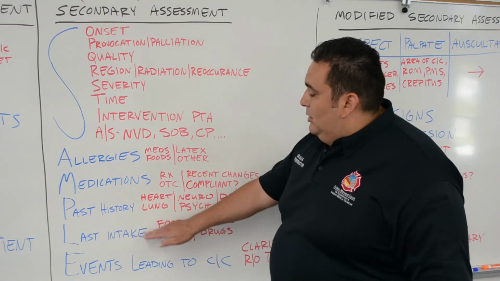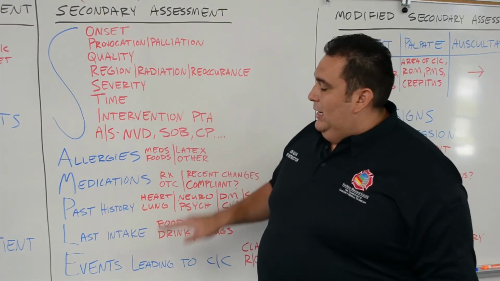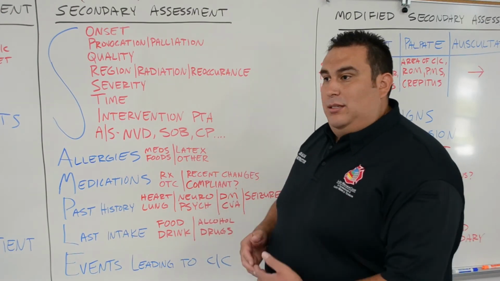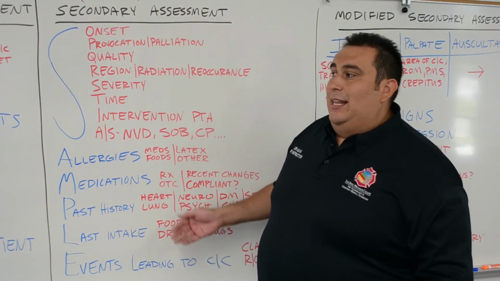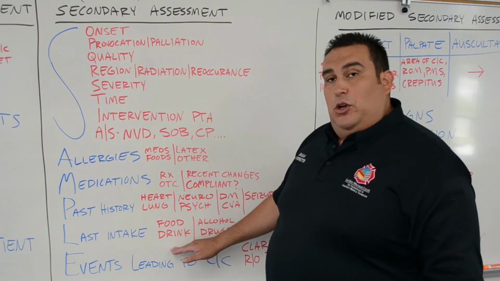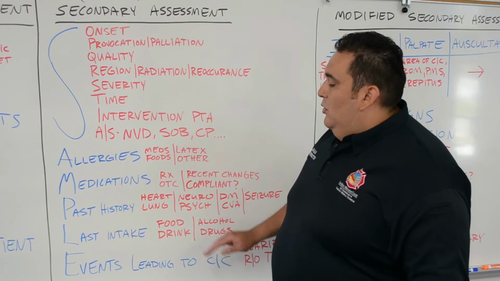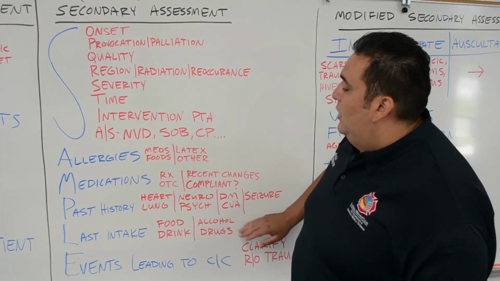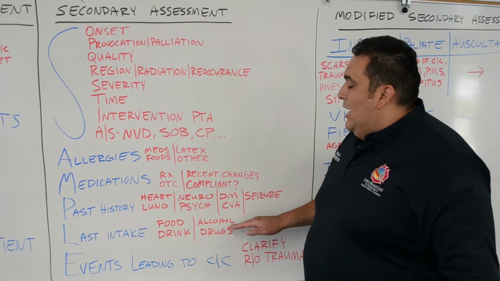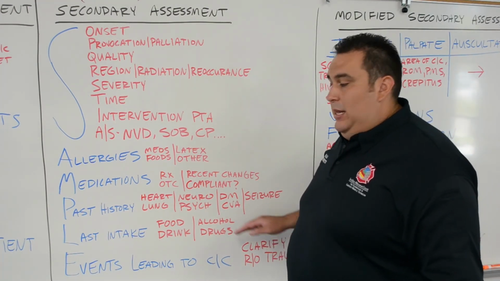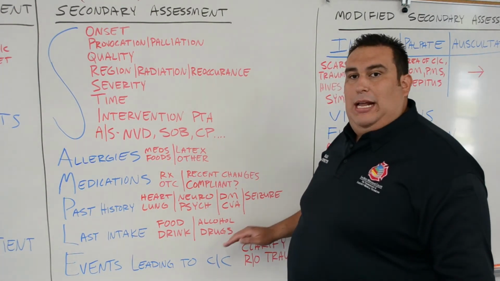Last intake. What was the last thing you had to eat and drink? Be careful. Sometimes the issue of the whole complaint could be found right here in food or drink. The last thing they had was some bad food, and that led them to have the abdominal pain in their chief complaint. So the answer could possibly be in here as well. So what was the last thing you had to eat and or drink? This is another area where I like to ask, any alcohol or drugs within the past 48 hours?